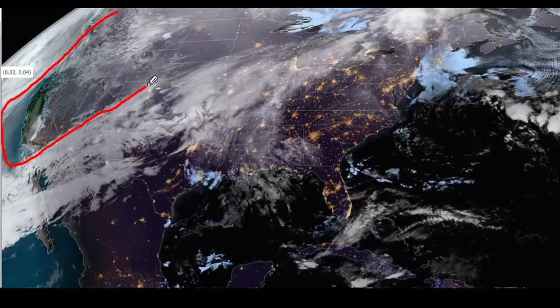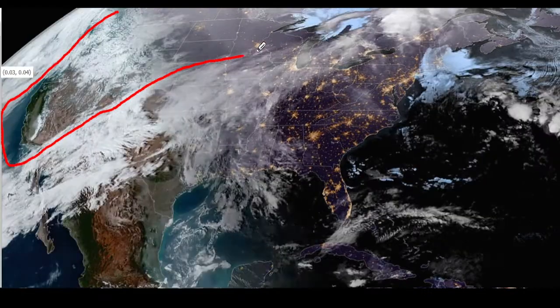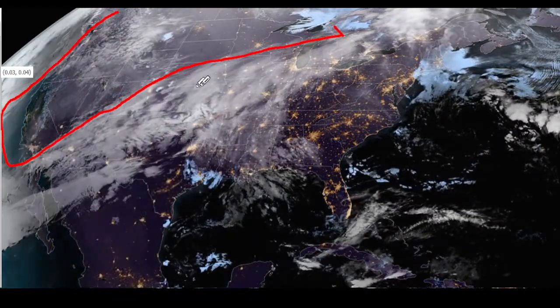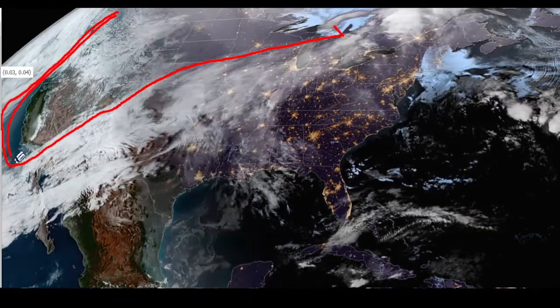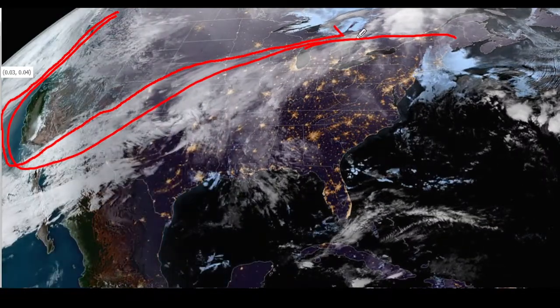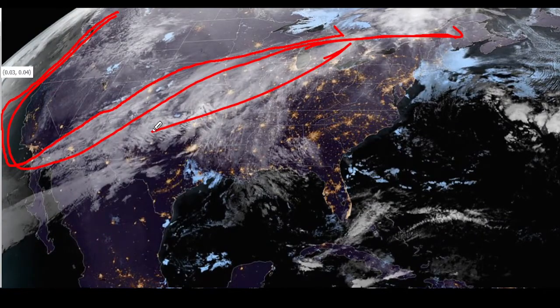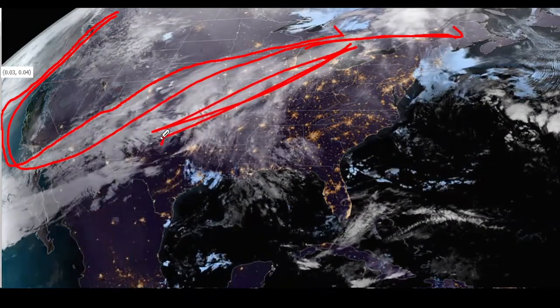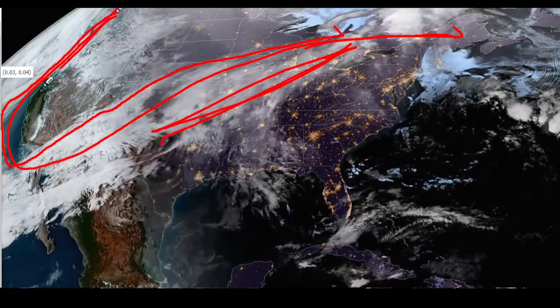I would place a jet stream right here, pushing all the way up through. It doesn't have to be behind that cloud layer. It can just be right through it for the jet stream. So there's our jet support for what I would say is a frontal system right through here, and long wave trough,